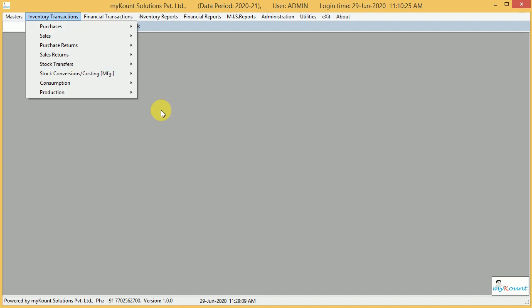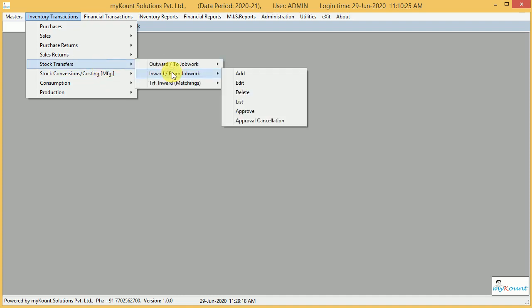Job work processing units. In job work processing units, usually they will receive the goods first. After finishing job work, they do outward. If we are giving for job work, then first we will make outward, after that we will make inward.